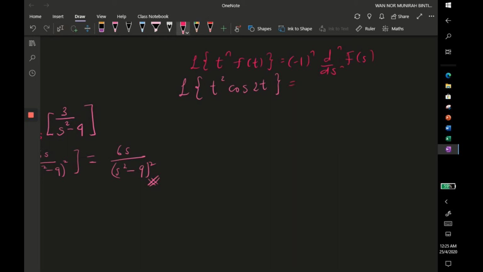Okay, first of all, find your F(s) first. Compare, you have n equals 2. Therefore, this is our f(t). Take the Laplace transform of f(t) so that we have s over s squared plus 4. This is your F(s). Then you differentiate your F(s) twice. Negative 1 to the n, negative 1 squared, so you have a plus sign. So you just differentiate this one